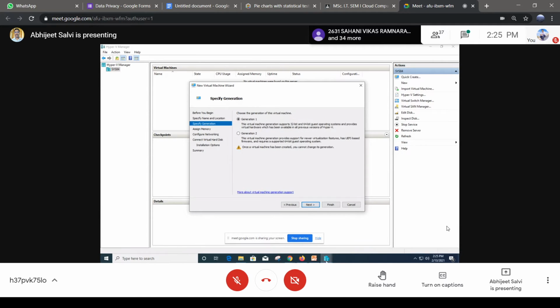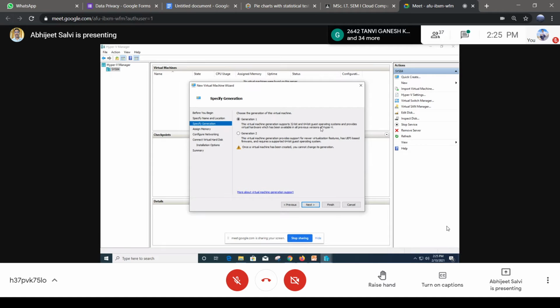Initially, we'll do that. Then we have the next screen, that is Generation 1 or Generation 2. Generation 1 is a combination of 32-bit and 64-bit guest operating systems. That means we are allowing installation of either a 32-bit or 64-bit guest operating system. And when you go for Generation 2, only a 64-bit operating system is allowed.